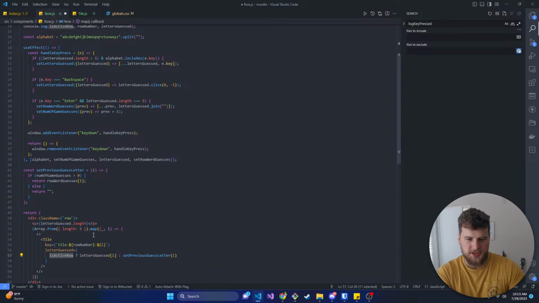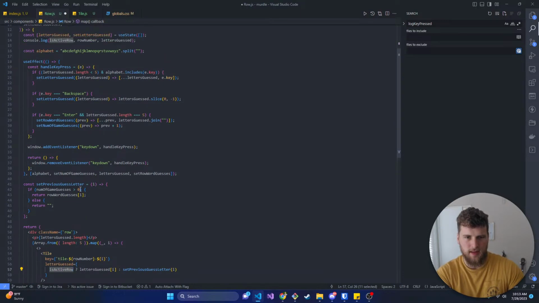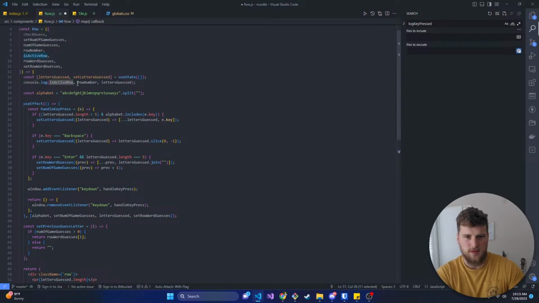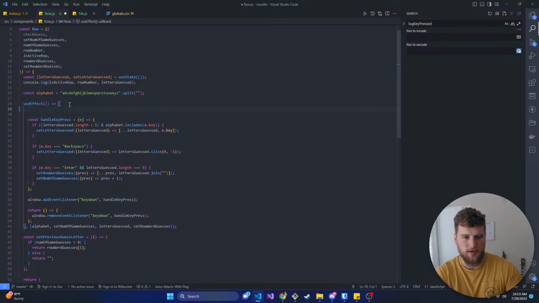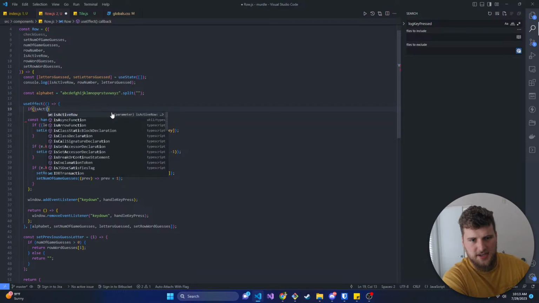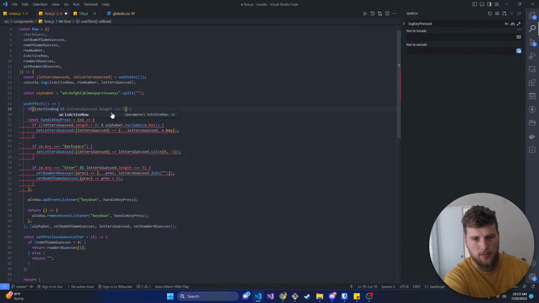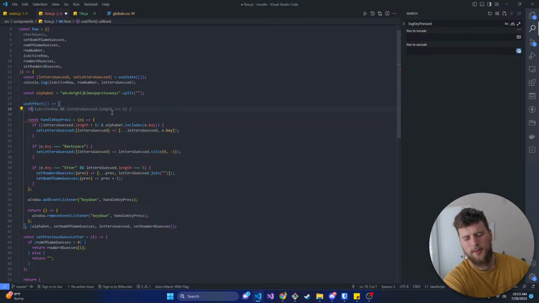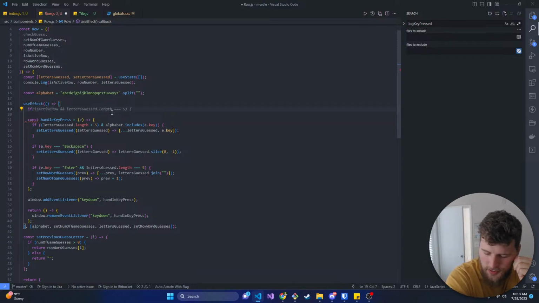In here, we need to check if, no, not in there. Probably higher up, like here. We need to see if is active row. No, that's not what we want to check. How would we want to? We need to check if